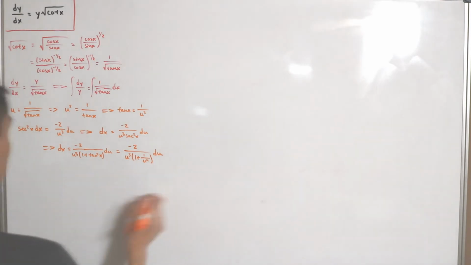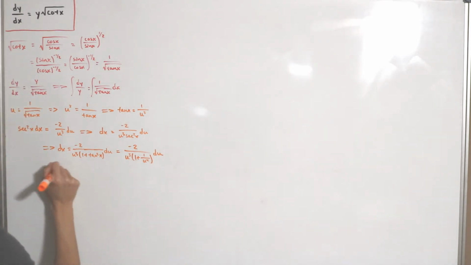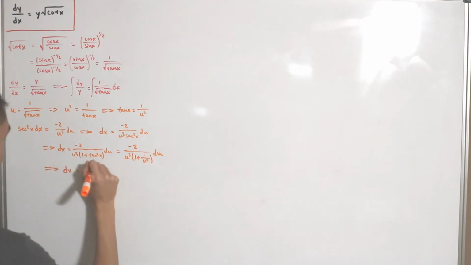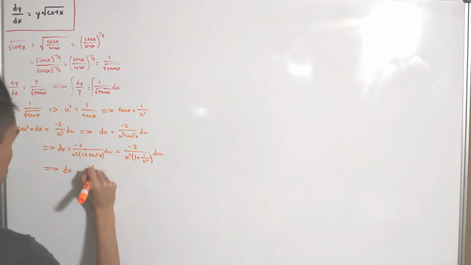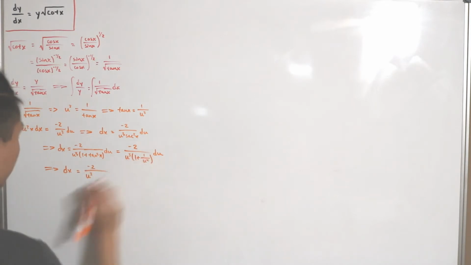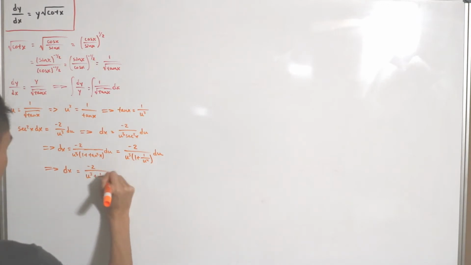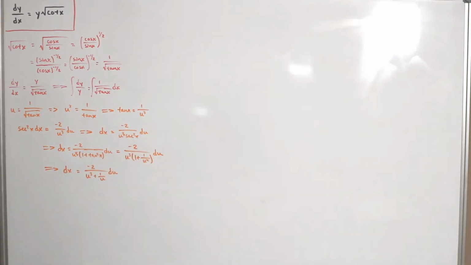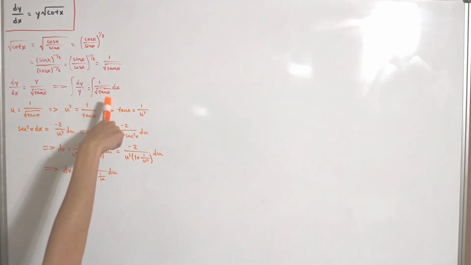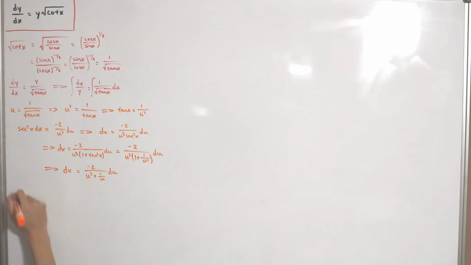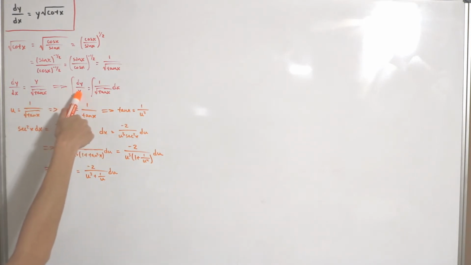Simply, I can actually distribute the u cubed into here, so that means dx is equal to -2 divided by u cubed, and then u cubed divided by u to the 4th, which is just 1 over u. Okay, with that, now we can actually substitute some stuff. So let's see, we have 1 over tangent x, so that will be replaced with u, then substitute our dx. So then this means on the left hand side, when you integrate this, you'll get